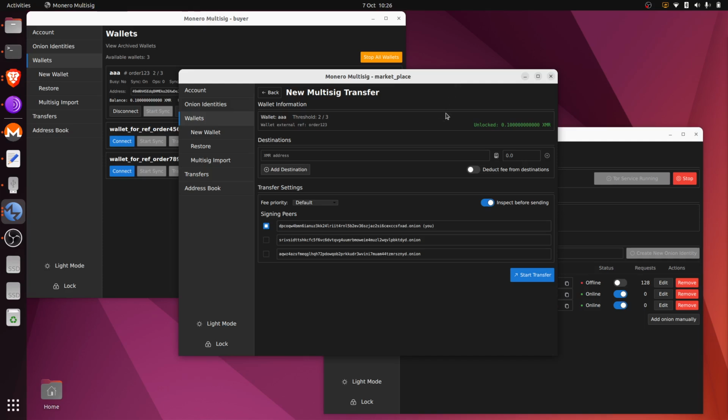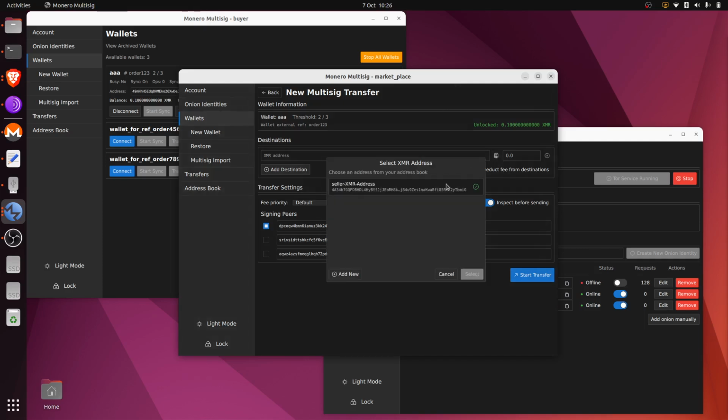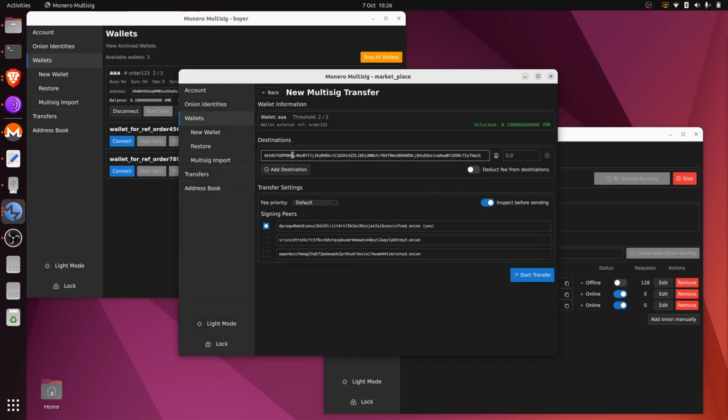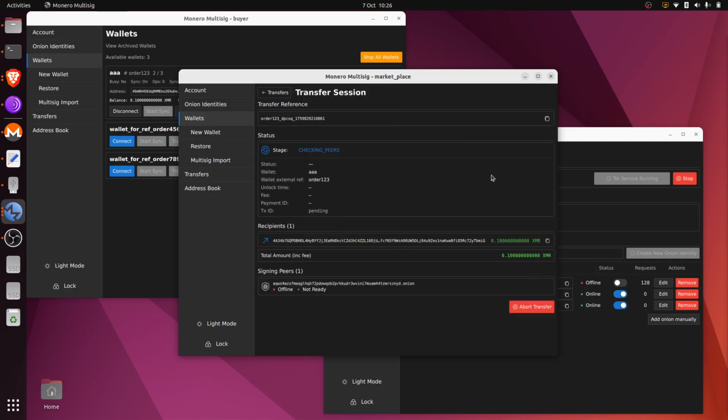On the marketplace side, let's simulate again that we want to make a transfer to the seller's Monero address. We want to send the full balance, and remember to deduct the fee from destination if we are trying to send everything. We want to select the seller as a signing peer, and we want to start the transfer. Now, as you can see,